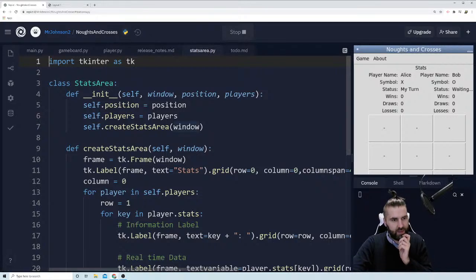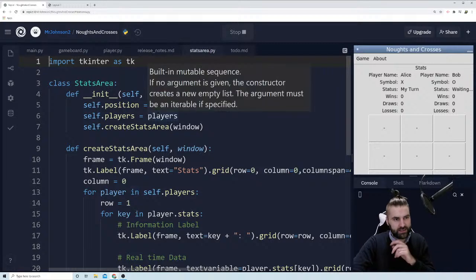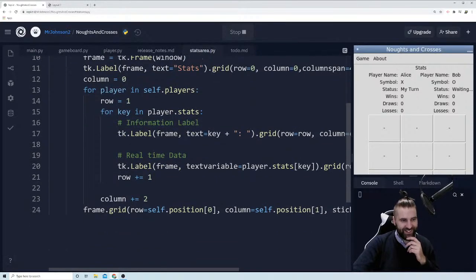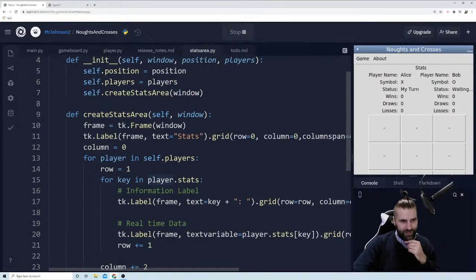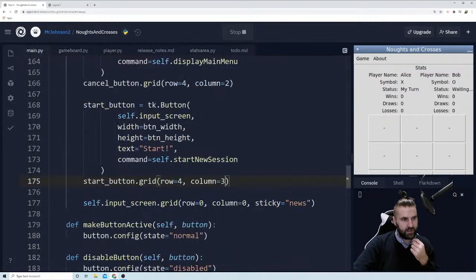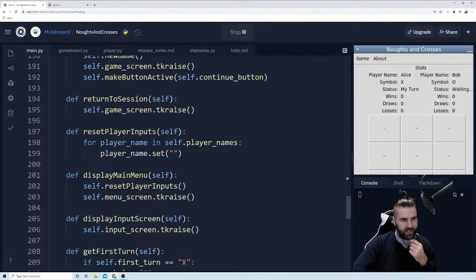Now, I've got a feeling we're creating them in the stats area. Yeah, when we create the stats area, we are creating the players, and the players are actually stored in the stats area. Is that fair to say? For player in self.players, what does this do? Self.players equals players. We pass stats area the players. So when we make the game screen,